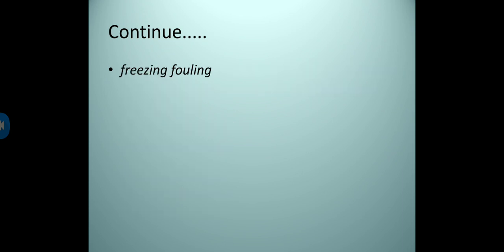Right. The last one is freezing fouling. In cooling operations, it is possible to freeze a liquid being processed at the cold surface. The frozen layer represents a resistance to heat transfer. Although different mechanisms have been identified as leading to fouling, it is possible to consider fouling in an idealized general way, right?